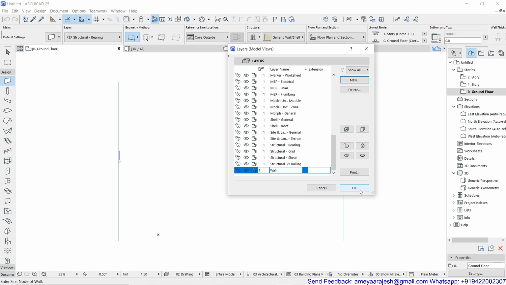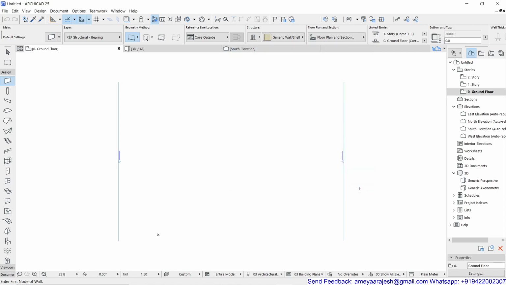Remember, there is no logic of a current layer here like the way you work in AutoCAD. It is just to create the layer. At the time of drafting, you can choose the one which you want to be used as the current one. Say OK for this. And now, before proceeding further, we are going to start working with the wall tool.